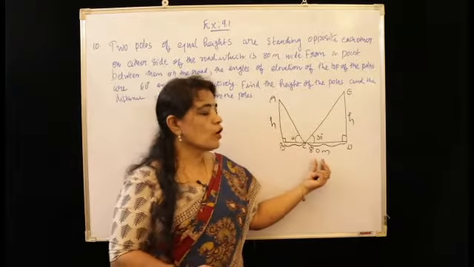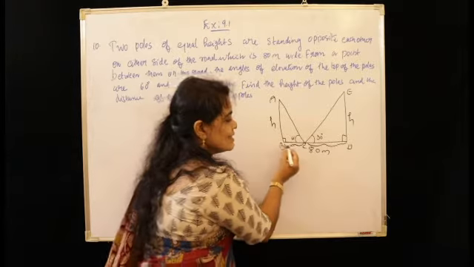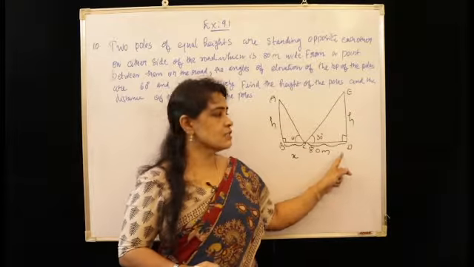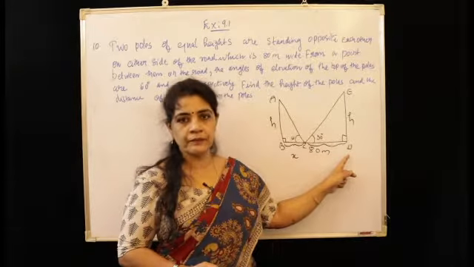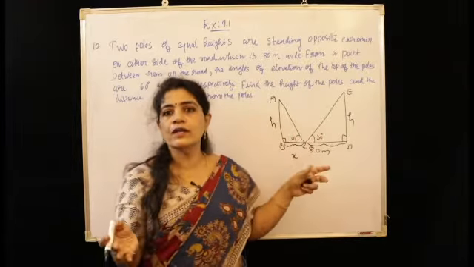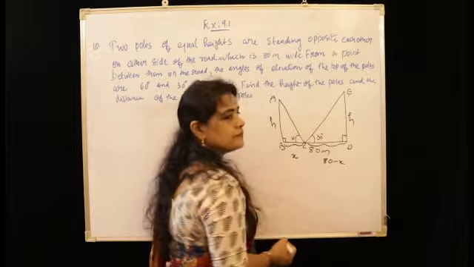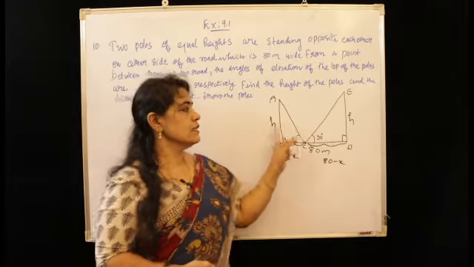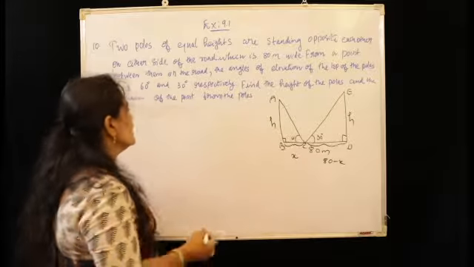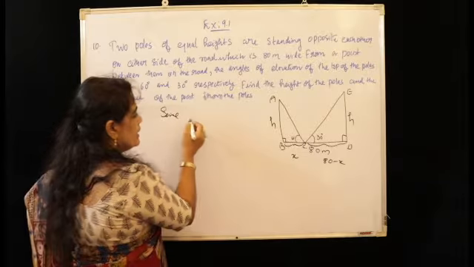Since this total distance is 80 meters, I am going to take this distance BC as x. And what will be the distance CD, the distance of this point from the foot of this building? CD is equal to 80 minus x, because the total width of the road is 80 meters. So this distance CD will be 80 minus x. Okay, so we can consider these two right triangles and solve this problem easily. Since AB equal to ED,